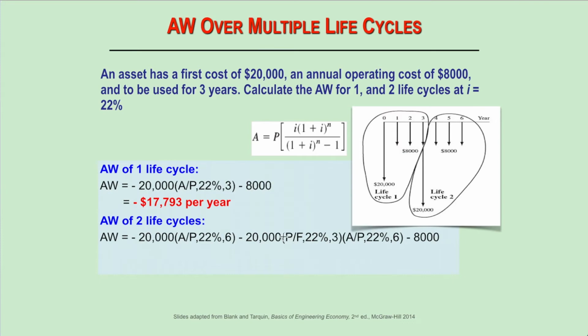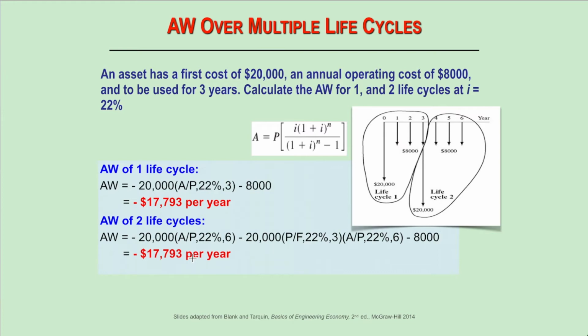That's why you see the P given F conversion factor here for over 3 years, which is then converted into annual worth value over 6 years. In the third term, the annual operating cost of $8,000 per year is added to the equation. Then if you do the maths and plug the numbers into the equation, you will find that the annual worth of 2 life cycles of this asset is also